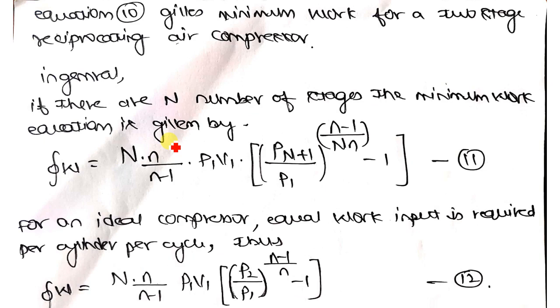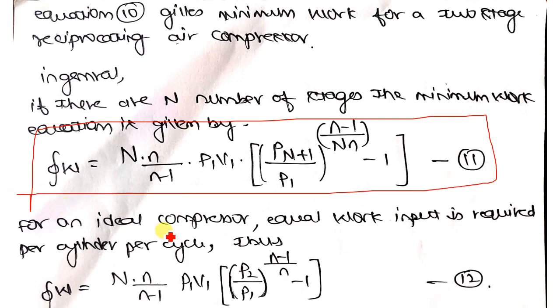So this expression will be valid for a multi-stage compressor, that means more than two stages, where n is the number of stages. If you substitute n equal to 2, you will get back the previous expression, which is this. So that is how it is. Remember all these expressions, which are very much important for the problems. For an ideal compressor with n number of stages, you have to prove this particular thing at the last. How? We shall see now.